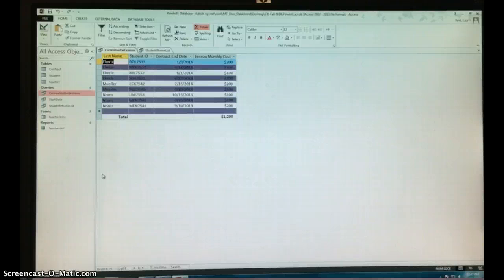And the query design that I would have wanted to design that we weren't asked to design in the Access Project 3B is that I would like to have a query that shows the student IDs and last names and the teacher IDs and their last names all in one tab. So I would take the student IDs and their last names from the student table, and then I would create from the teachers table, I would take the teacher IDs and their last name, and I would create this query